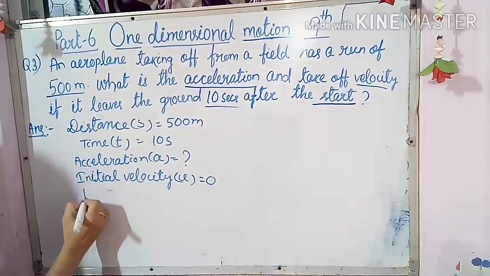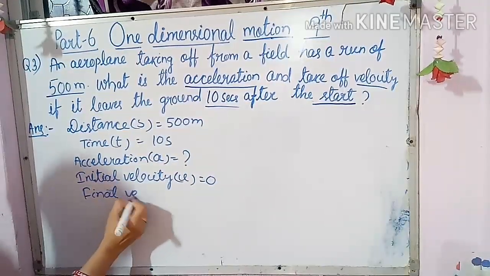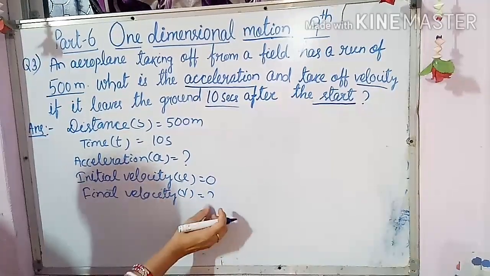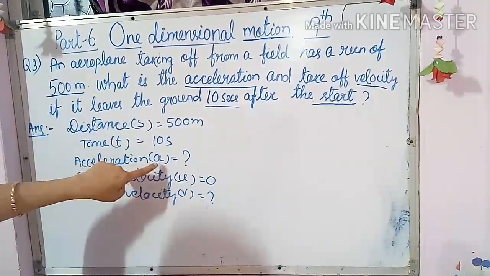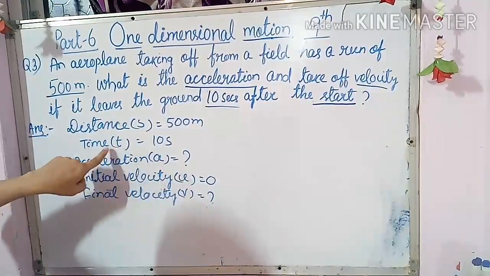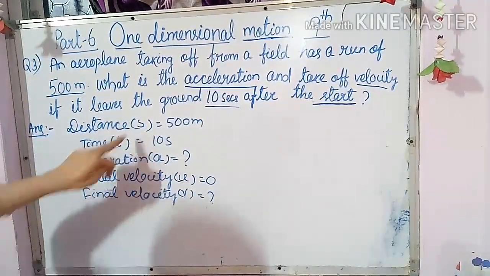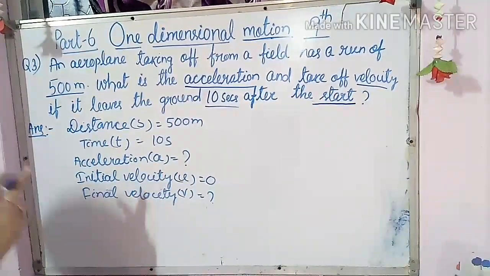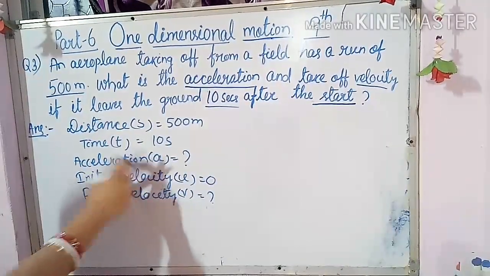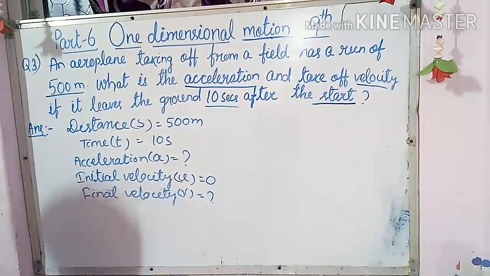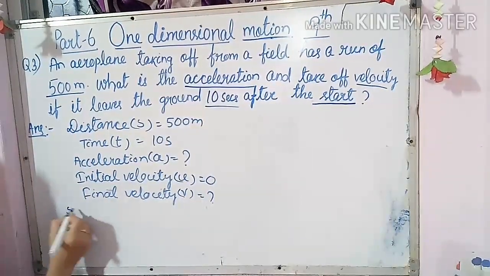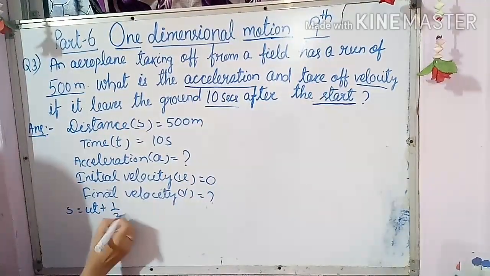Now final velocity it is asking. So two things here it is asking. How can you find out the two things? First let's see that acceleration. How will you find out the acceleration? Now u, t, s has given. So only you can apply here the second equation, that is s equal to ut plus half at square, so that you will get the a. Then after for v you can apply two equations, third equation and your first equation. Now let's do the second equation. What it is there? S equal to, as you know, ut plus half at square.